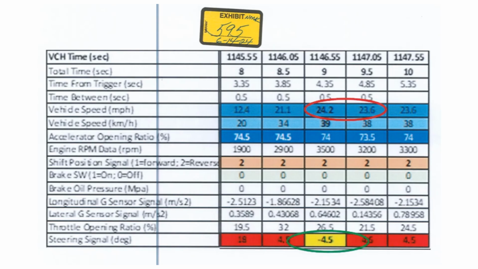And then the steering signals, which we will come to see what that is in a bit. The rest of it, I don't really understand fully, but nobody thought to explain it to us either. But at the top, if you'll notice, VCH time, these are in the 1100s, and the next one is not. So they pulled this snippet from somewhere, but I don't know where, because it didn't come from this next exhibit.